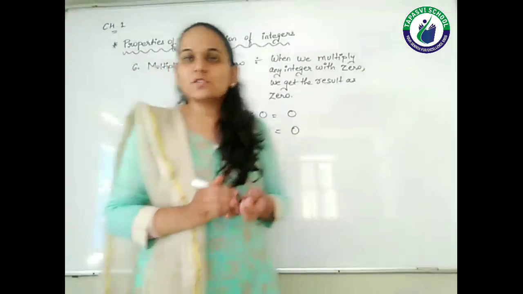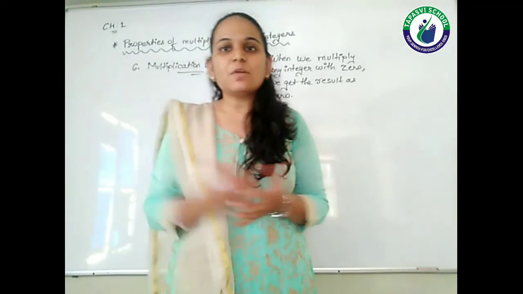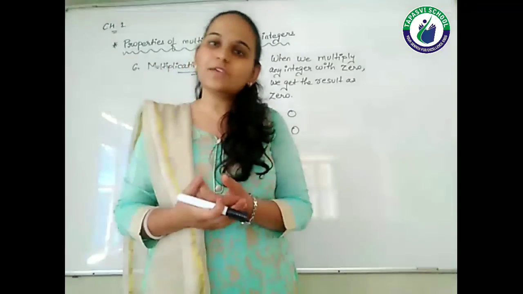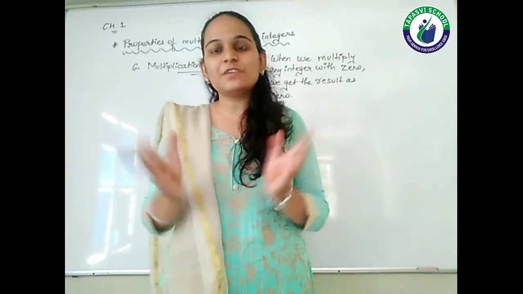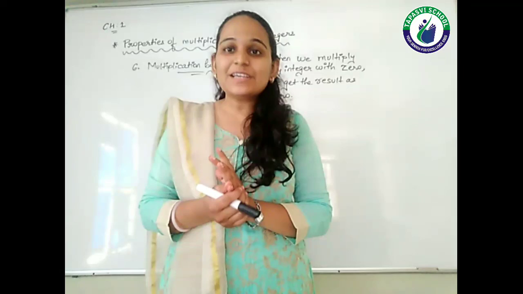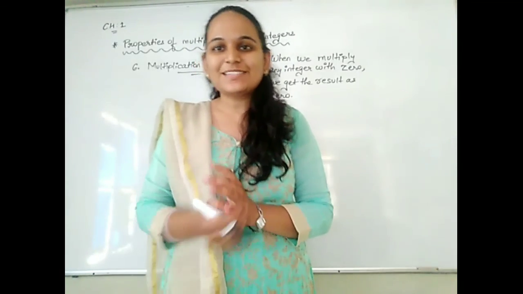So the multiplication by 0 property says that whenever you multiply any integer with 0, the answer is always 0. I hope, students, you are clear with the topic of multiplication of integers as well as its properties,